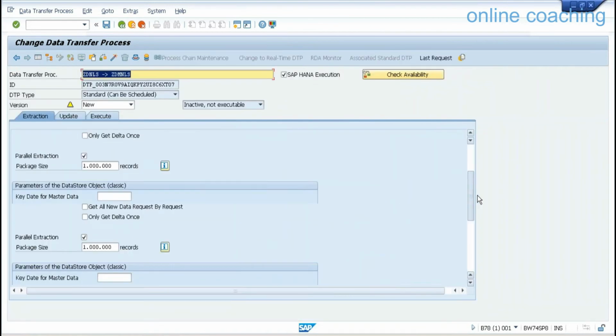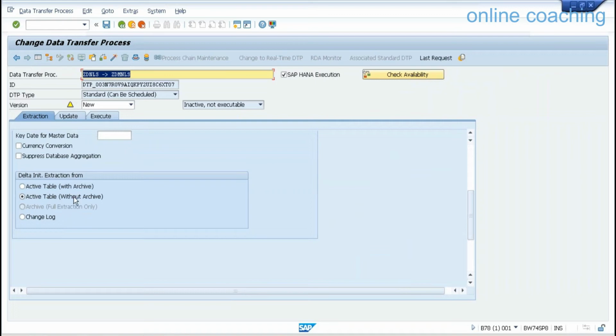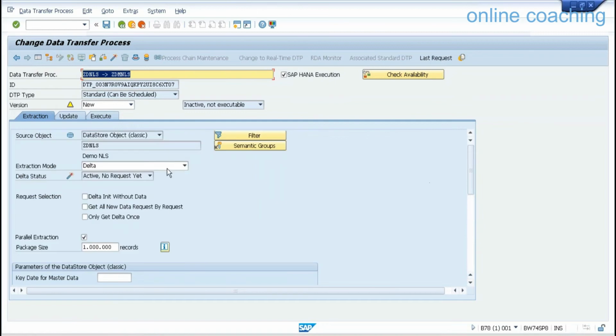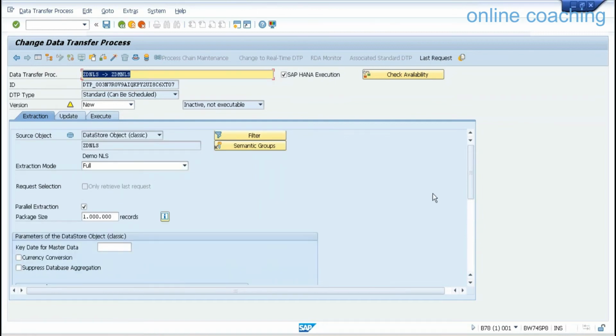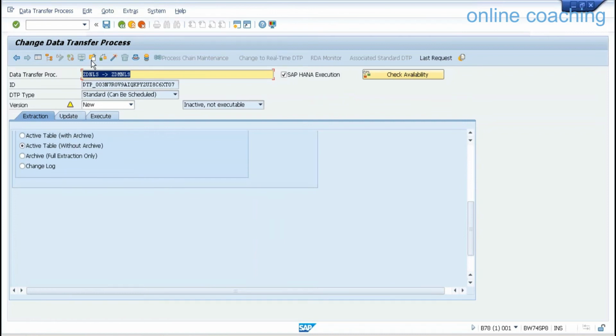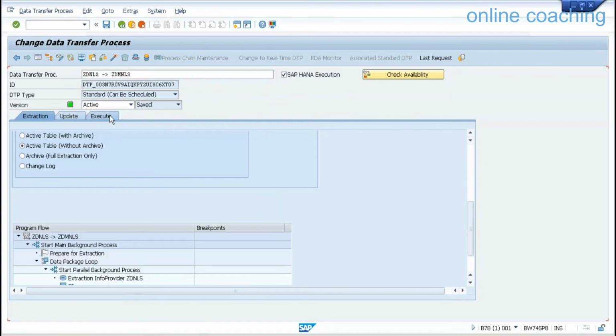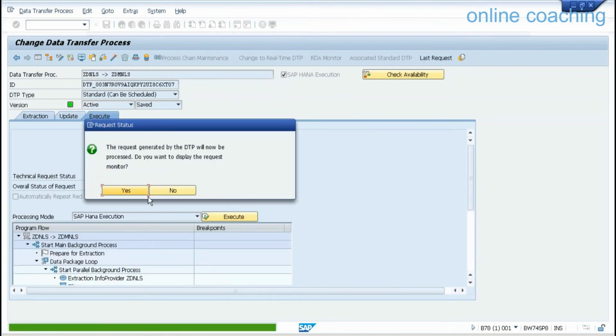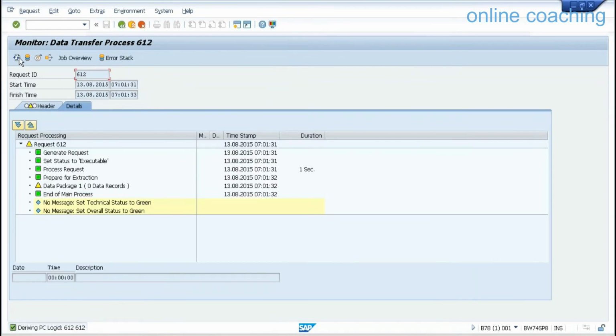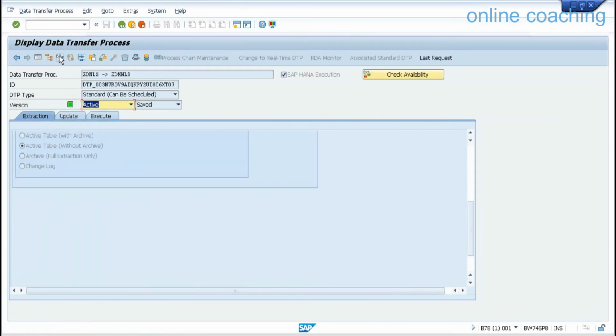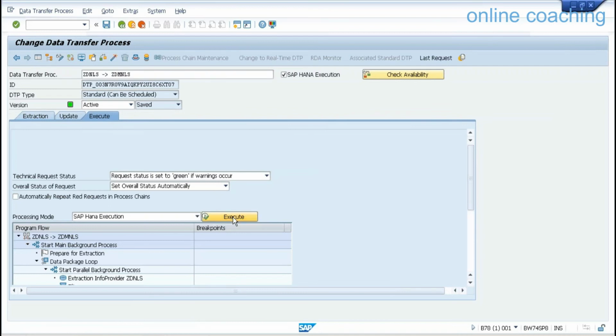If you go to the DTP, if you drop down, active table without archive. If I do this way, let me do full so that I can do multiple times. If I say active table without archive, it will only load the data that is not archived. That is 2014 and 15. See, only 36. But if I say active table with archive, it will extract the data from the DSO as well as